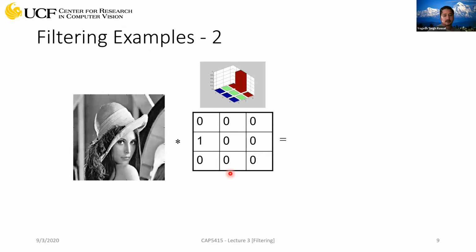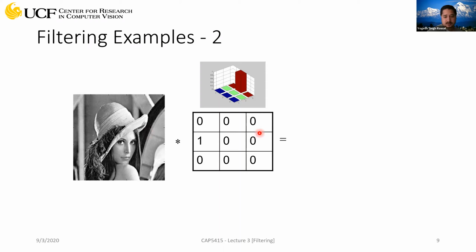Now, this is another kernel you have. Again, this is a 3x3 kernel. And of course, you can have a 1x1 kernel, which will only operate on that pixel location. You can have a 2x2 kernel. You can have a 3x3, and you can increase the size, all the way up to 9x9. It's up to you, depending upon how big your image is.